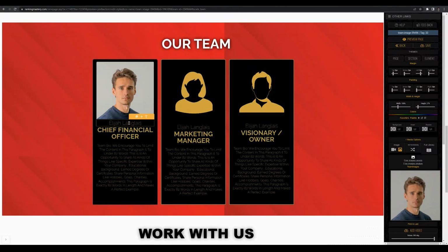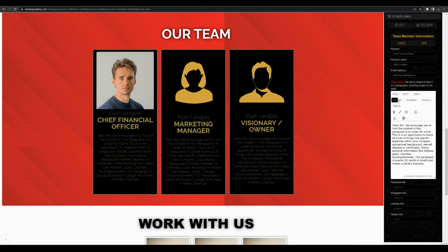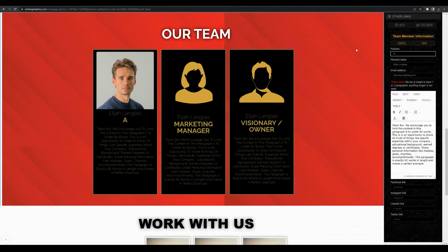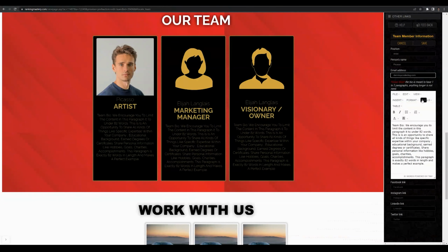All right. So we can hover over any of this text and again, click on that new text block icon. And here you'll be able to edit all of this text within this team section. So you can change the position, you can say he is an artist and his name is Picasso. And you can put his email address here for contact purposes, as well as a short 1 to 2 paragraph bio. All right. We don't need to include an entire page here, but just keeping things short and simple,